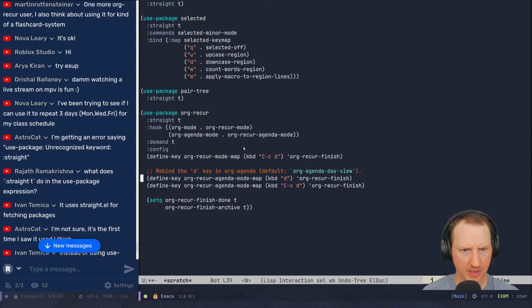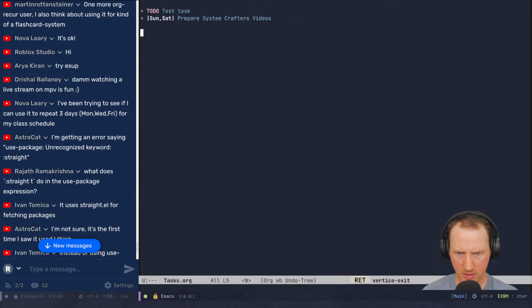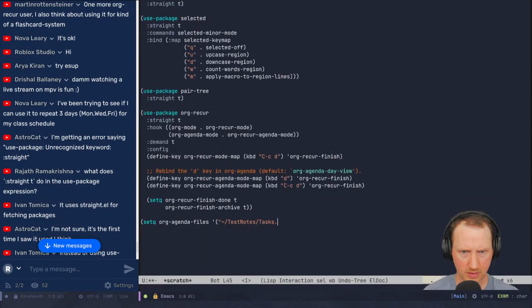What I'll have to do is set the agenda files, I think. This is probably going to be a nightmare. Let's see, set q org agenda files. Is that the right one? Yep. And I'll set it to test files, test notes slash, what is it, tasks.org? Tasks.org.